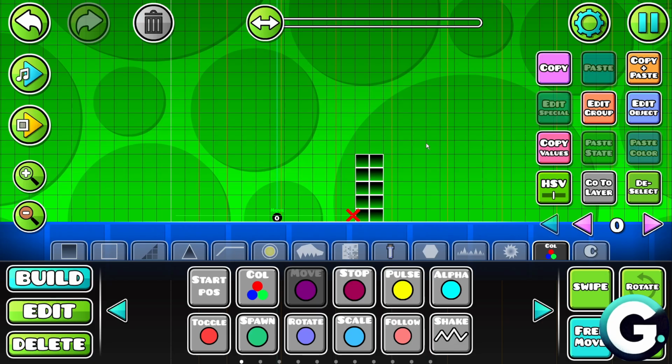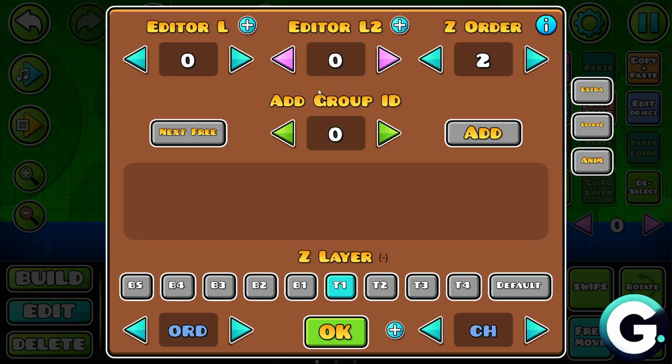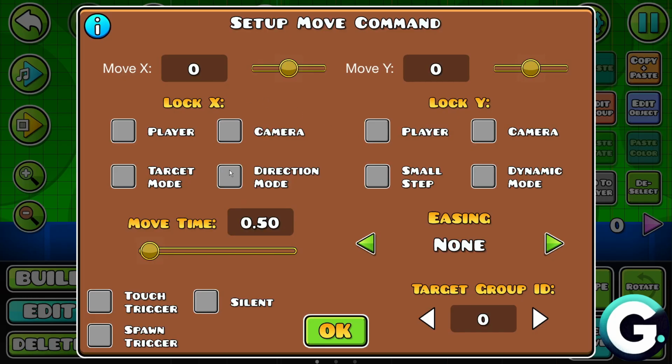So of course, you then want to highlight all of your blocks that you want to move. Let's navigate back to the edit function, highlight all of our blocks right here, and click on the edit group button. Inside this page, you have to click on the next free button, click on add, and basically you're good to go. Let's click on the move function from here, click on edit object, and basically you then want to